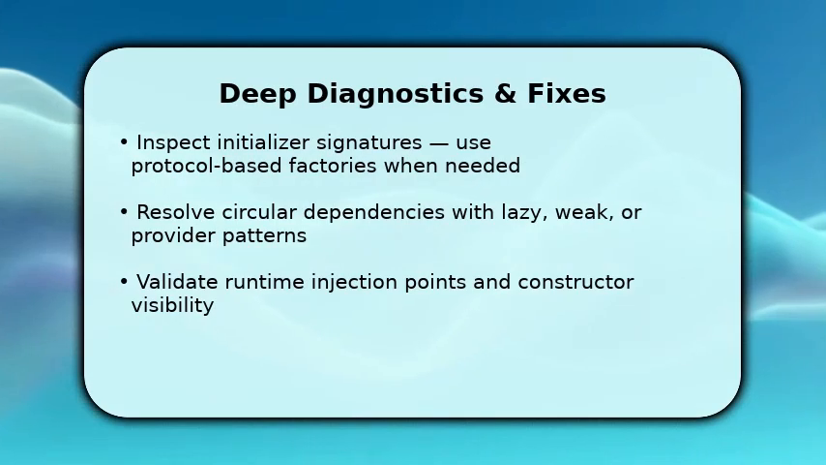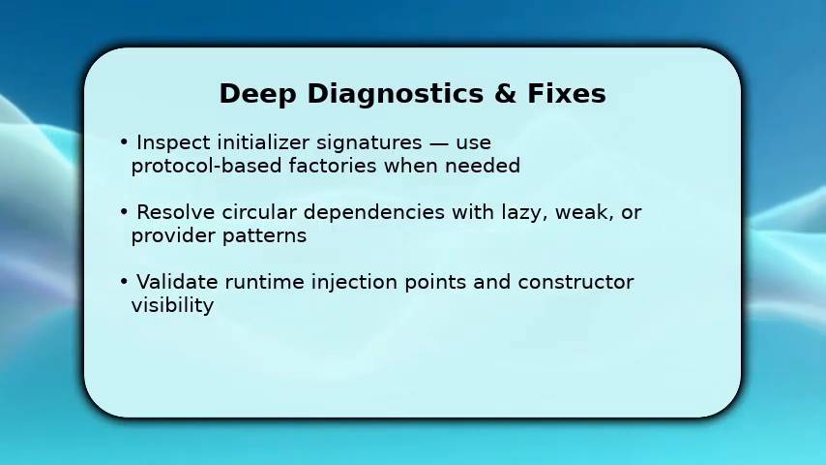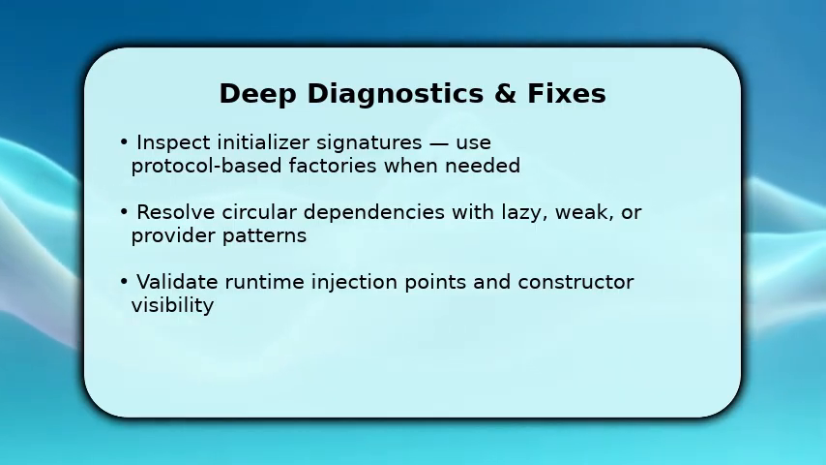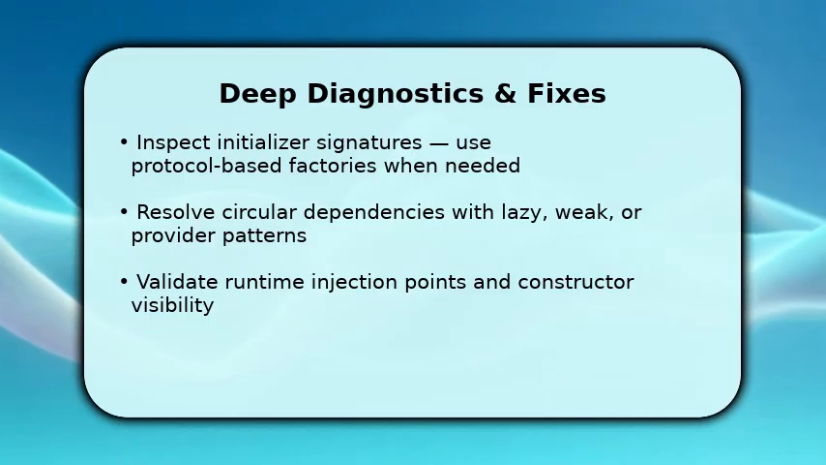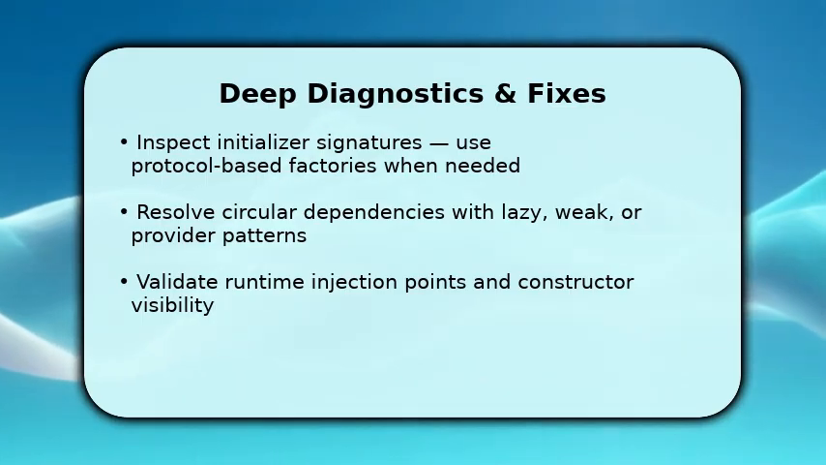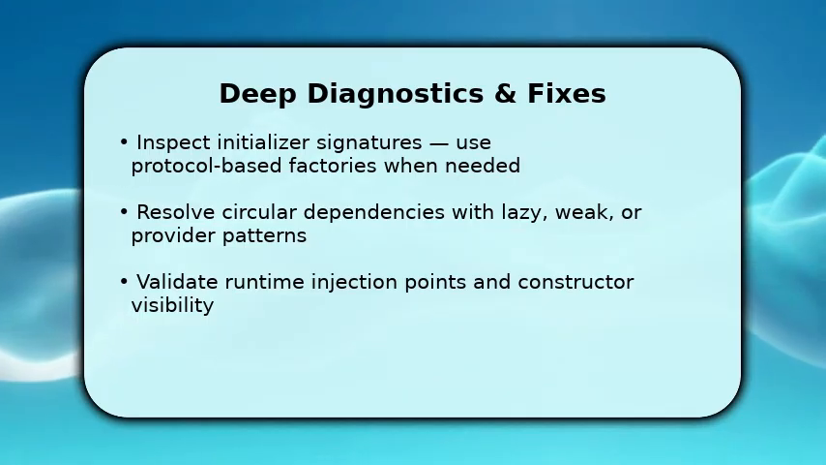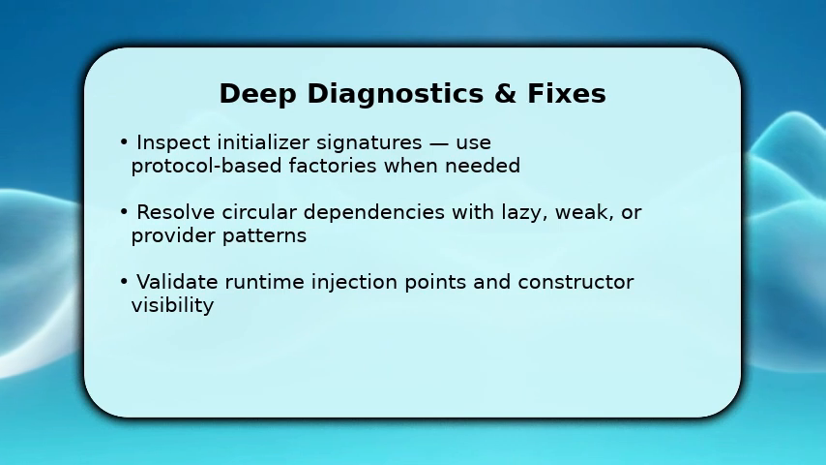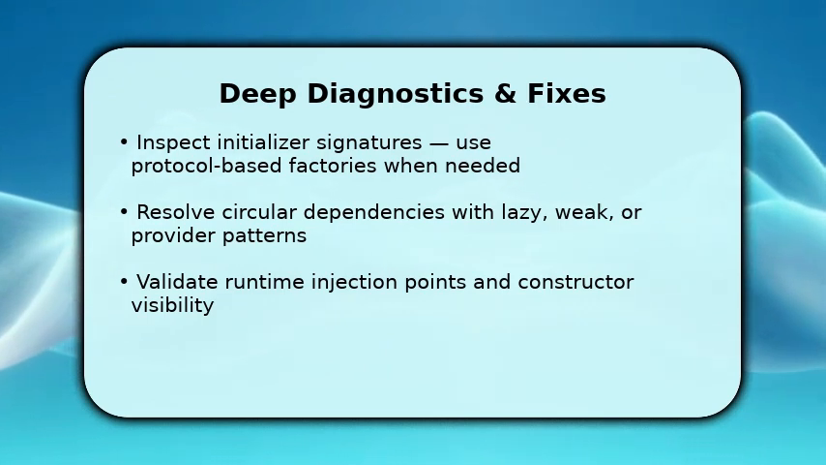Now dig into the complex middle steps. Read stack traces and logs to find where resolution fails, then inspect initializer parameters and protocol conformance. If you see nil or unexpected types, switch to explicit factory methods or provider closures. For circular references, introduce lazy resolution, weak references, or an abstract provider to break the cycle. Once you update registrations, rerun the failing test and step through the resolver to confirm the correct implementation is returned,